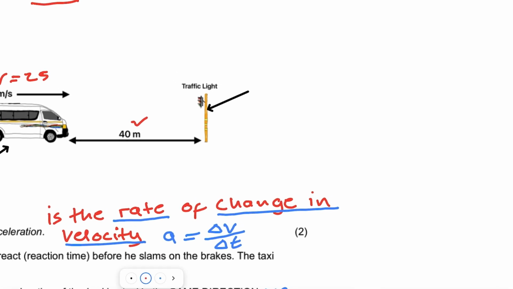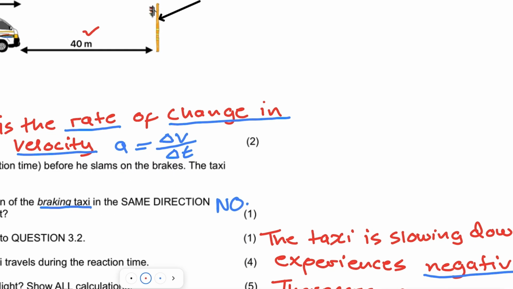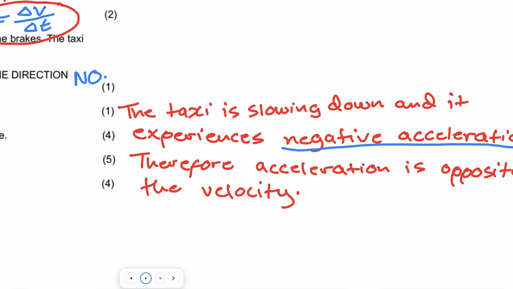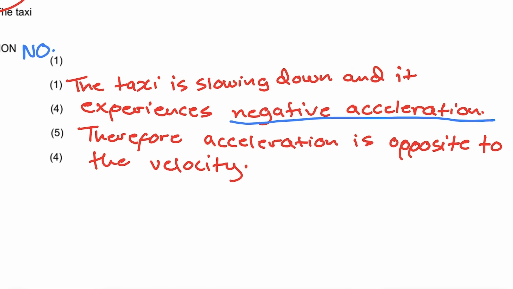So 25 meters per second will be our initial velocity, and the final velocity will be zero because the taxi will have stopped. So it would be stationary at the time. Using this formula of a equals change in v over change in time,